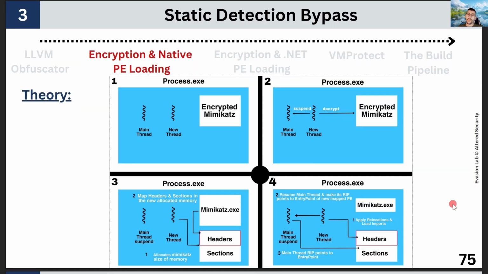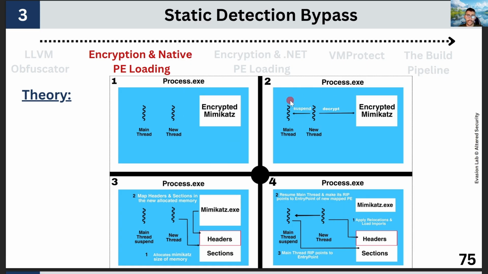Hi everyone, and welcome back to the third module, Static Detection Bypass, in the Evasion Lab course by Altered Security. Now let's take a look at the second static detection bypass, encryption and native PE loading, and more specifically, the local hollowing technique. This execution flow showcases in-memory PE execution. Now the diagram